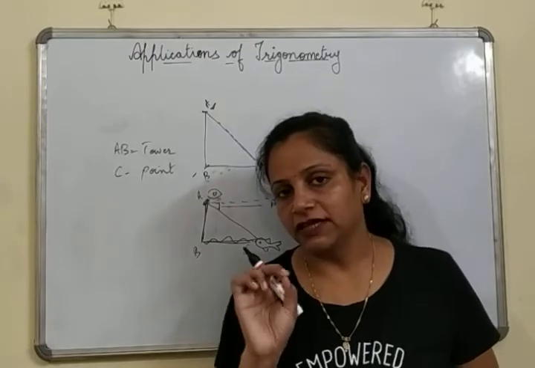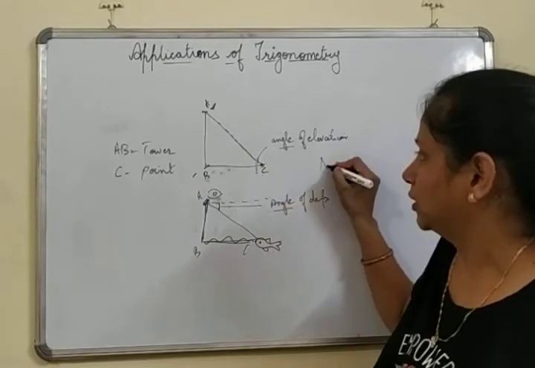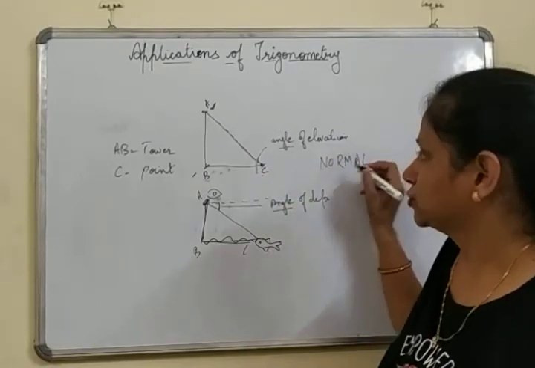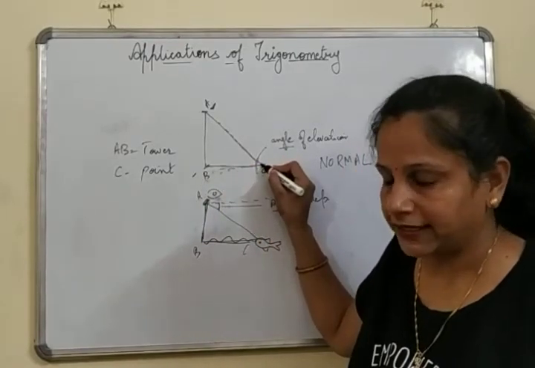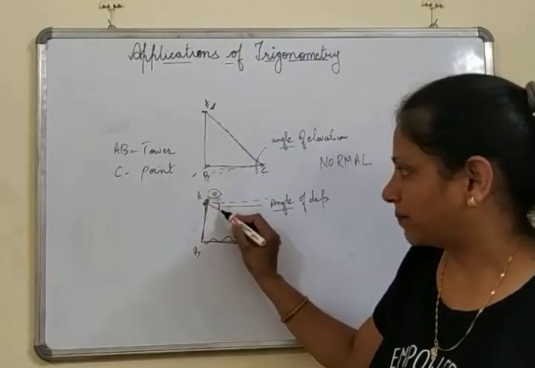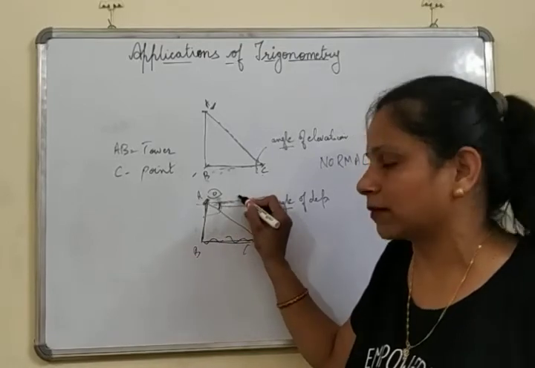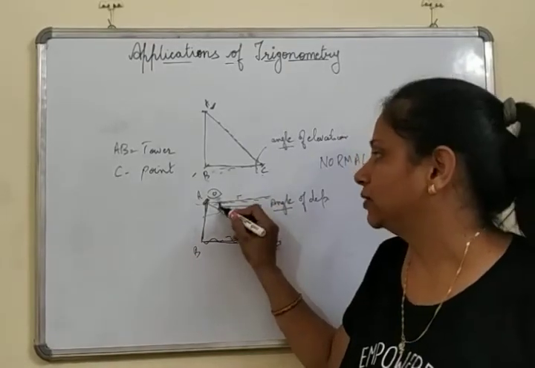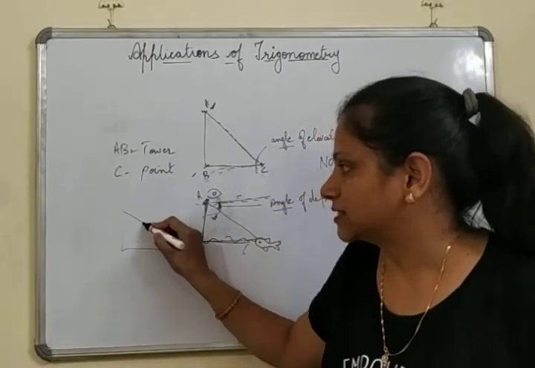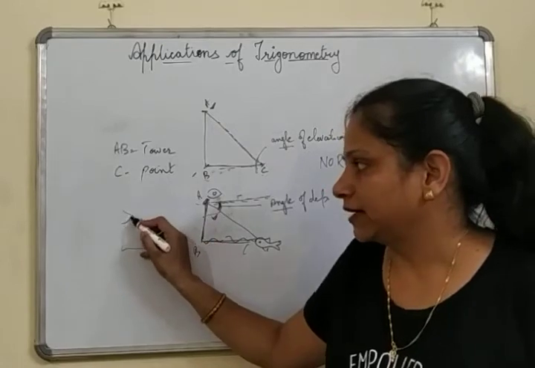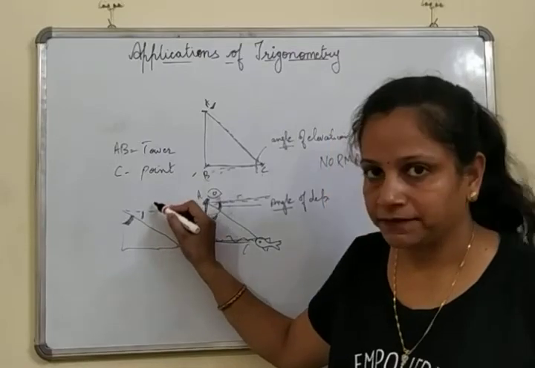Now in this case, one major thing that you have to take care of is that angles are always made at the normal. Means to say, if angle is made here, this was the line, means this was the straight line, that means 90 degree. Similarly, if I have made this angle of depression, that means I will be making this 90 degree angle over here, then angle made with the normal, angle made with 90 degree angle, that only will be angle of depression. आप angle of depression यहाँ नहीं बना सकते हैं. Say for example, this is this way, तो आप angle of depression यहाँ नहीं बनाएंगे, because there is no normal. आप angle of depression हमेशा बनाएंगे यहाँ पर with the normal. ठीक है.